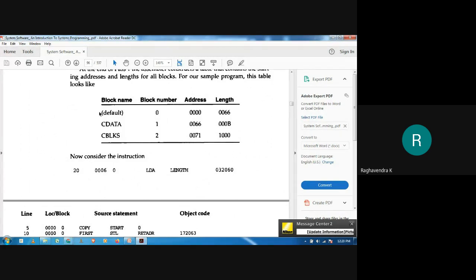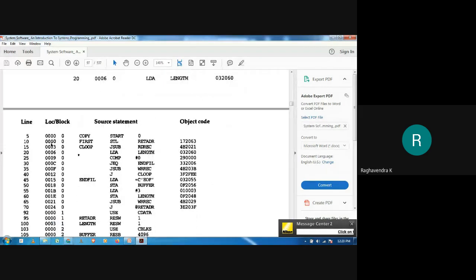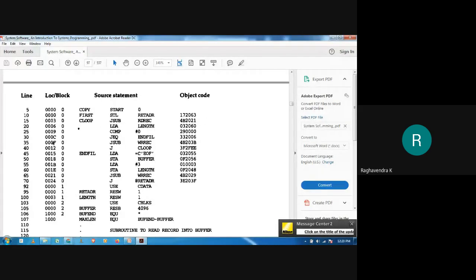So where exactly does the default block have to stop? The default block number is 0. It should start at 0000 and the length is 0066. This information the assembler gets after completion. For example, you can see here it started with 0000, and the address was assigned up to 0024.